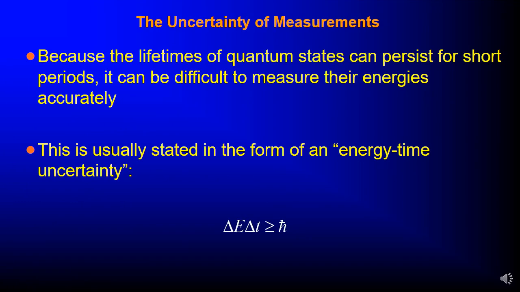The uncertainty of measurements: because the lifetime of quantum states can be short, it can be difficult to measure their energies accurately. This is usually stated in the form of energy-time uncertainty, and for that reason